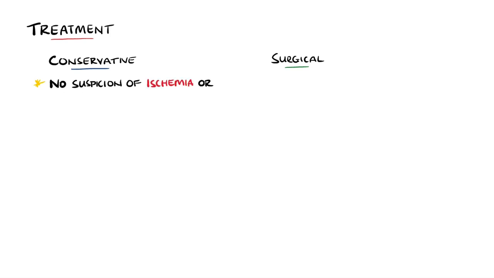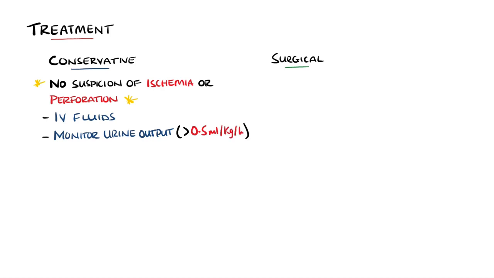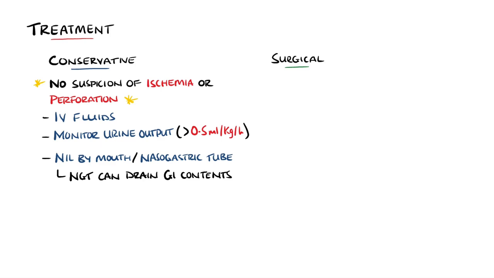Some patients may require surgery, while others can be managed conservatively. Conservative management is selected when there is no suspicion of ischemia or perforation, and the management will include IV fluids as well as monitoring the urine output, usually using a catheter. The urine output should be above 0.5 milliliters per kilogram per hour, and the patient will likely be made nil by mouth and a nasogastric tube placed in order to decompress the bowel, as the NG tube can drain the